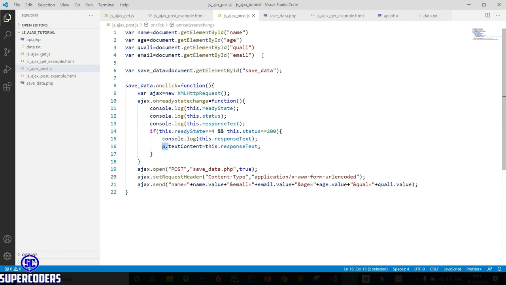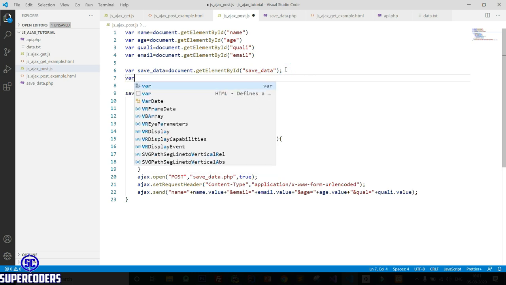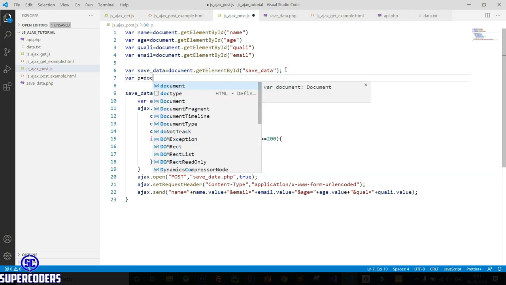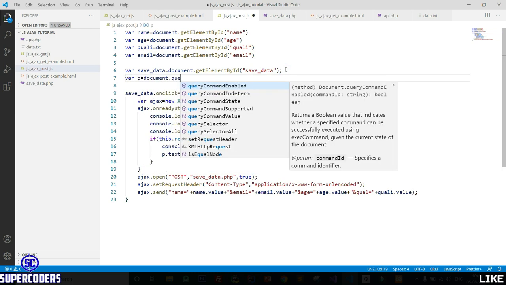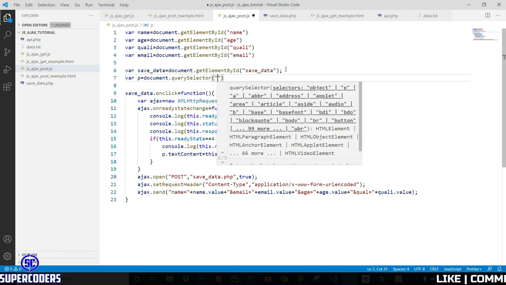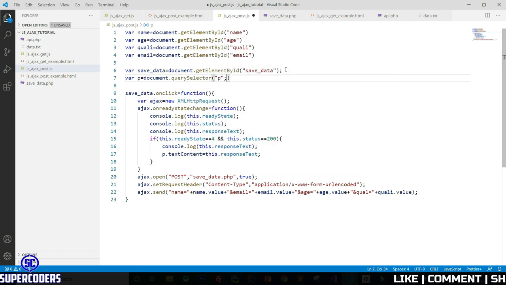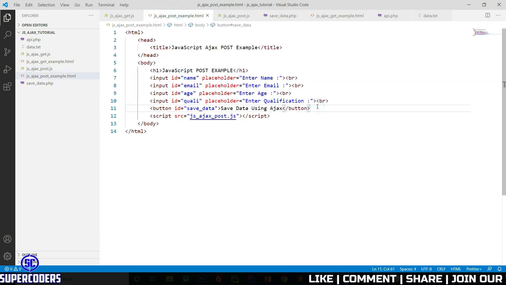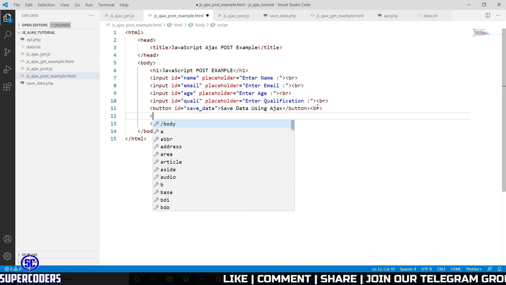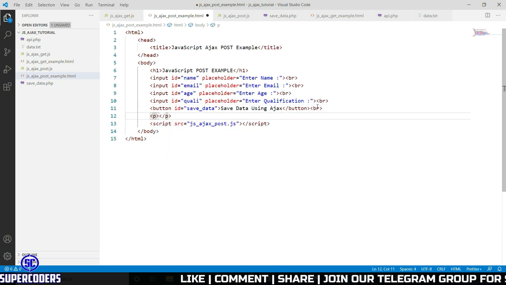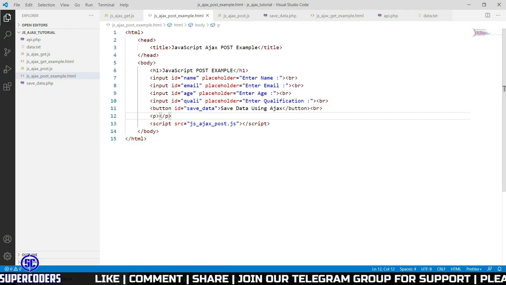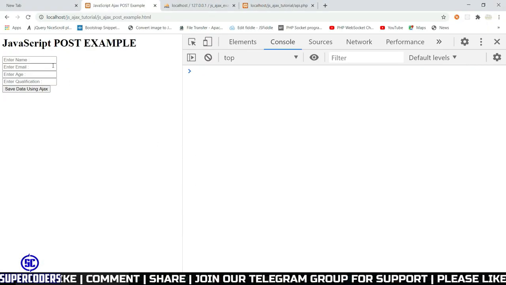So adding a p tag where p equal to document dot querySelector p, and here p, save this file, again run, refresh.